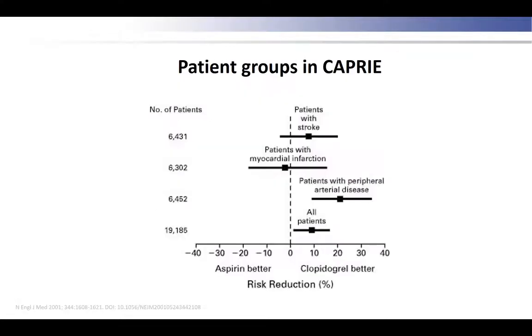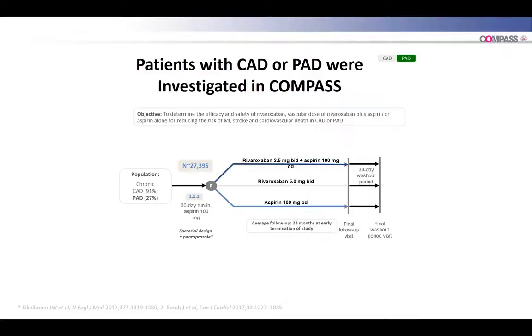But what the company at the time wasn't terribly keen to show was that the vast majority of the benefit was in patients with peripheral arterial disease, but they were trying to market clopidogrel to patients with myocardial infarction, and so this didn't become well known. However, we do know now that clopidogrel is the antiplatelet agent of choice, up until, of course, the COMPASS study. And then things became a wee bit more confused.